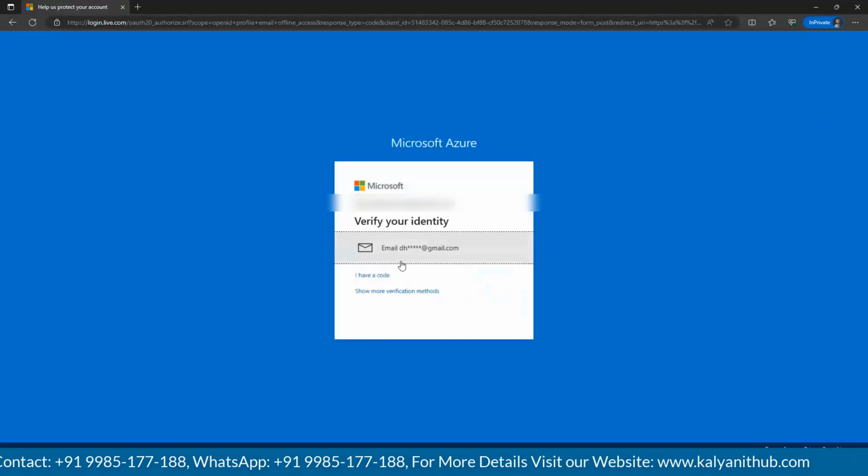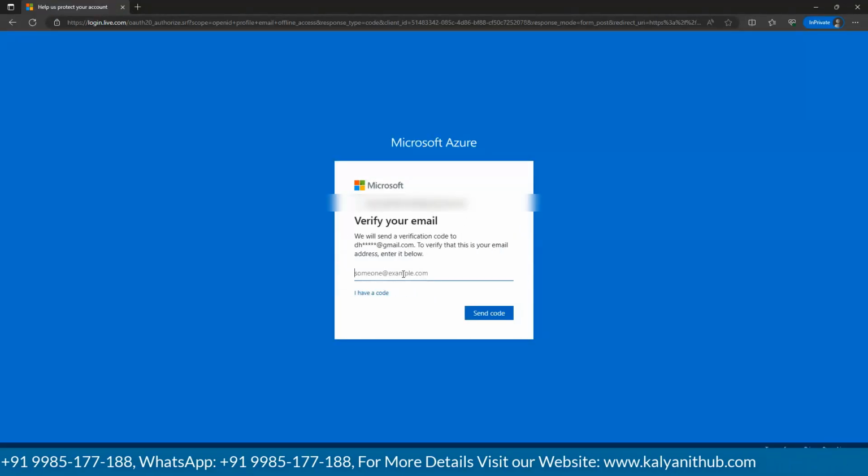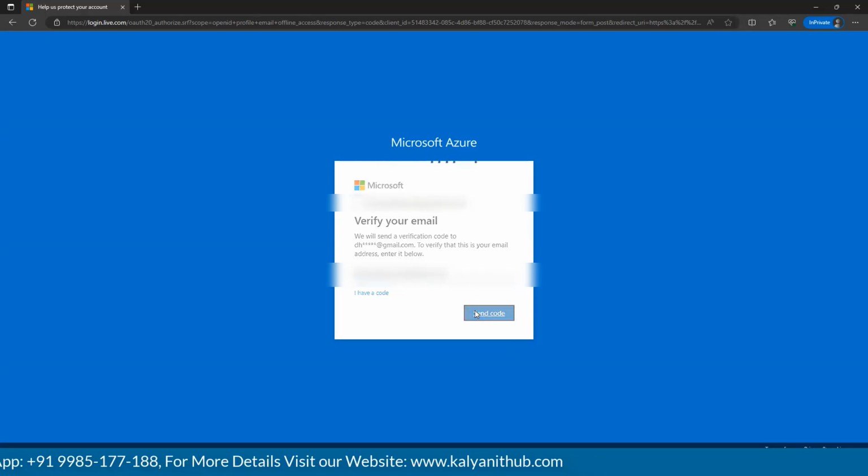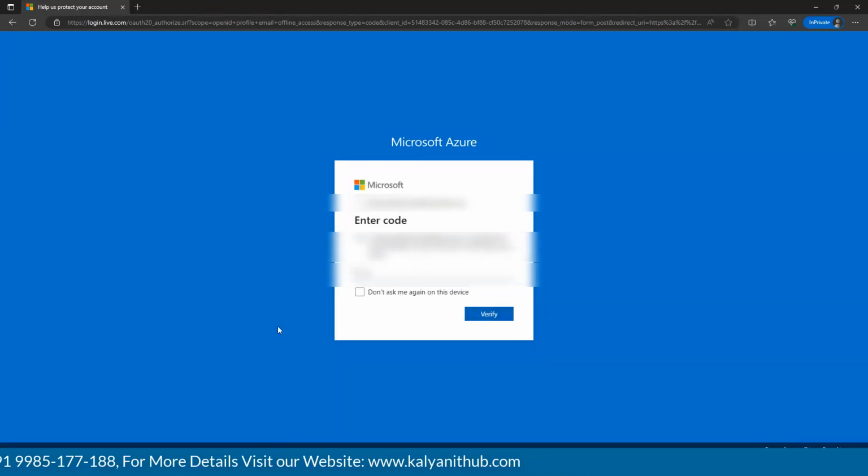You will get one verification code for your registered email ID. This is my registered email ID. You can add anything for verification. Send the code, and you have to enter the code.